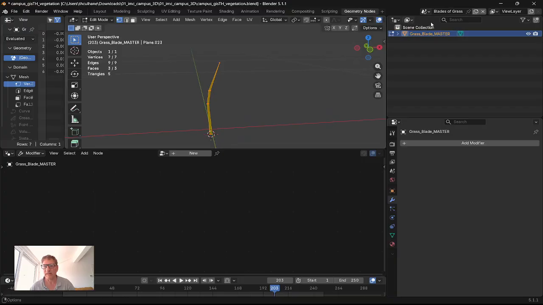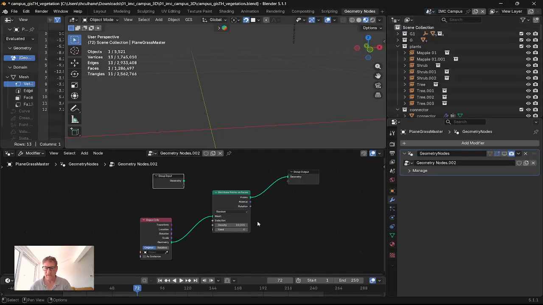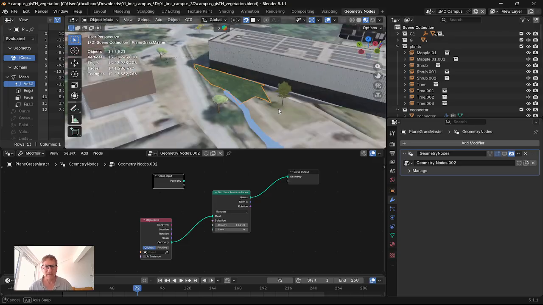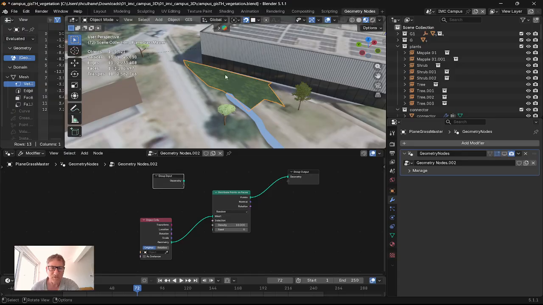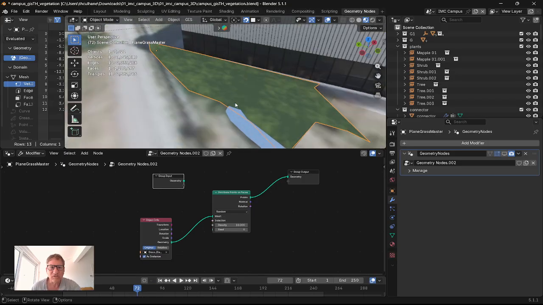So now if I go back to my scenes and go to the IMC campus and I go and look at this, I want that to be the object that I place on here. So I click on here and I find the Grass Blade Master under G. There it is, Grass Blade Master. Right now, oops, didn't do that right. I see Grass Blade Master, there it is. Okay, there's the Grass Blade Master. Still not doing anything